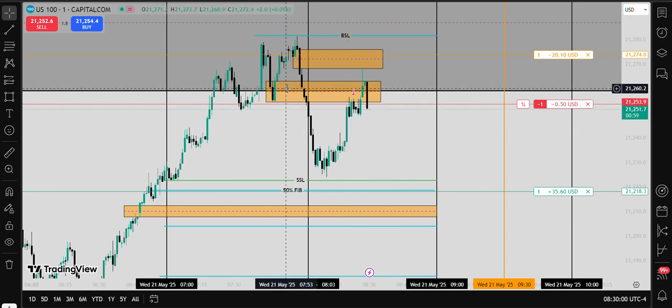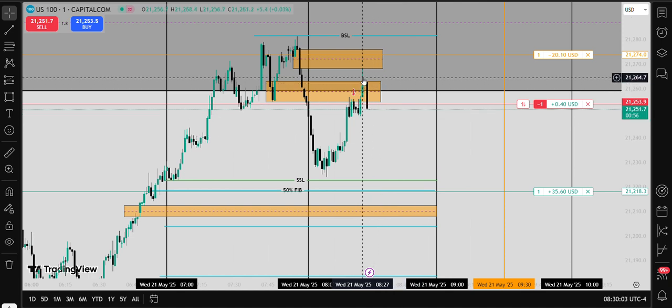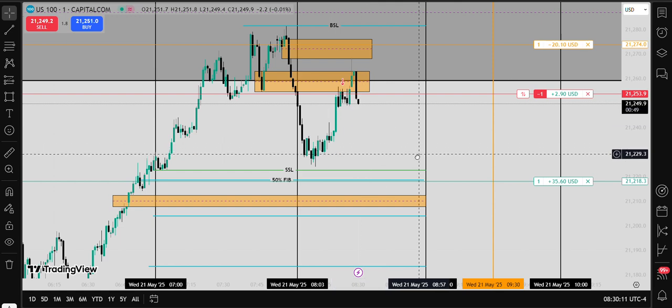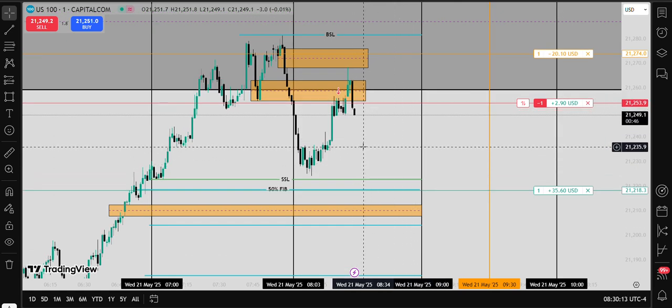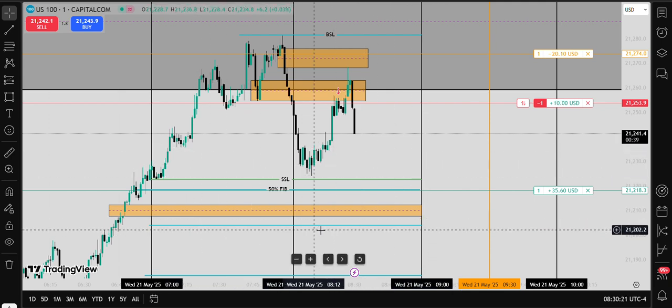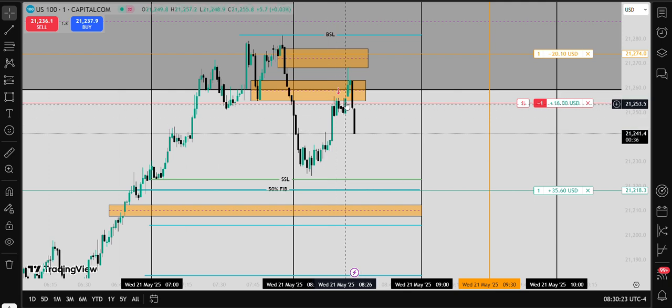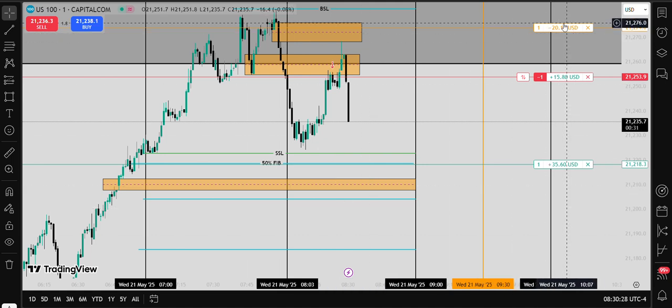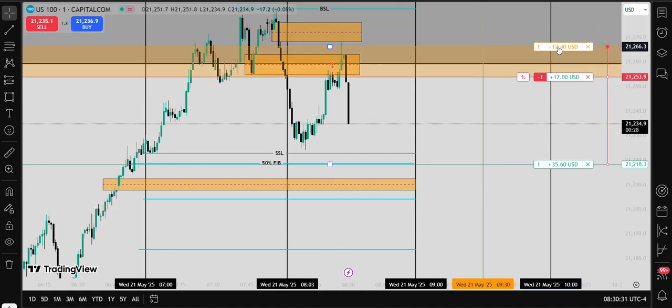that breaker, but the wicks always do the dirty thing, that is, they wick out to do the damage. But as we can see currently, I'm confident. How am I feeling? I'm confident that actually the price is being respected, and as you can see, the market is actually rushing to take that sell side liquidity. So if I was to pull and trail my stop right